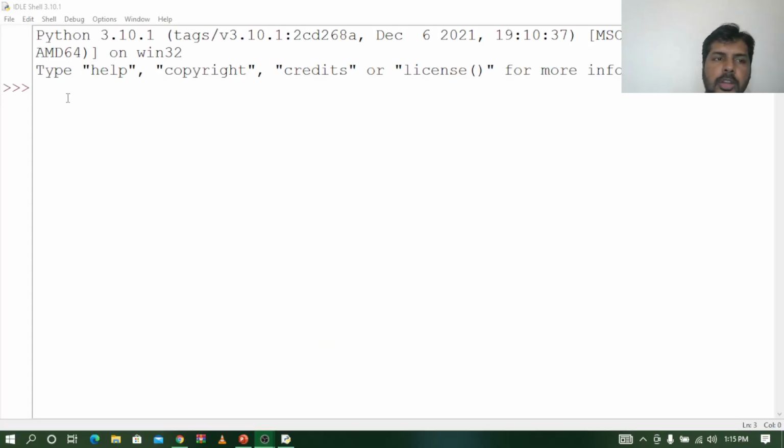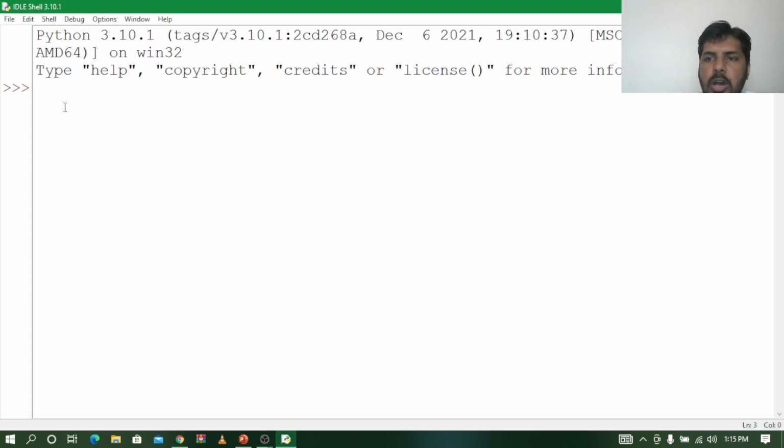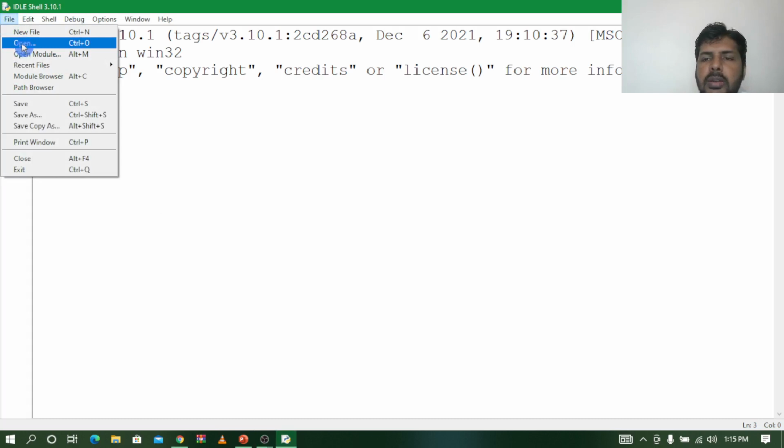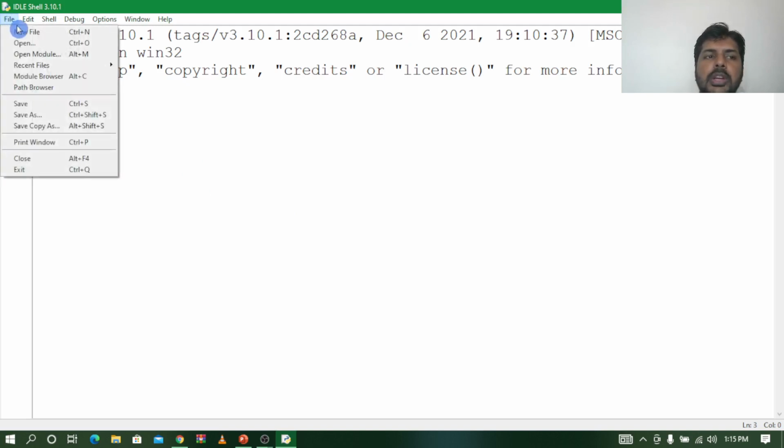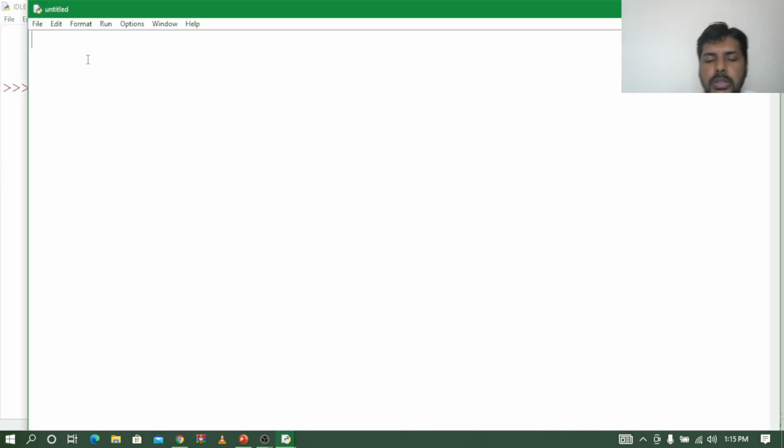Now we are back to the Python program. So let us see how the input function will work. This time I am going to work in a file. Instead of directly working in the Python interactive mode, I will go with the script mode. So let me take a new file. Here I will just take a name. So a is equal to